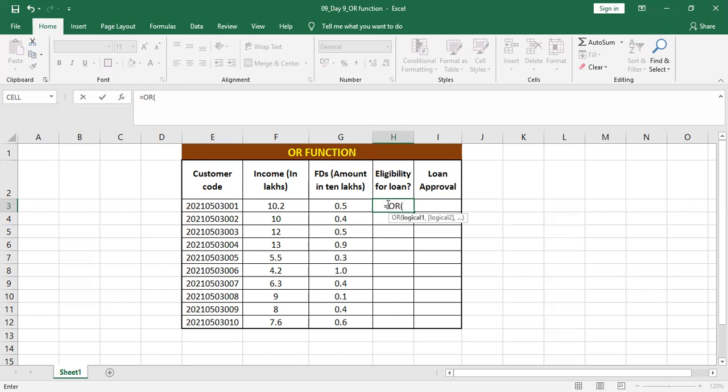For this bank, the condition is that the person's income should be greater than 8 lakhs, because the income is in lakhs.